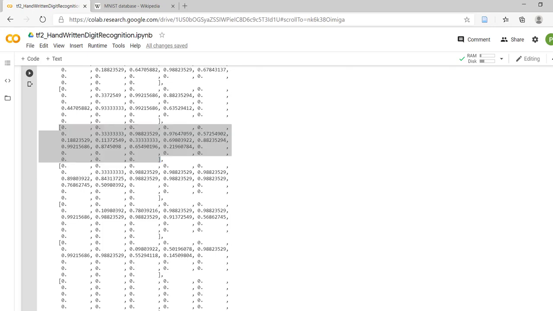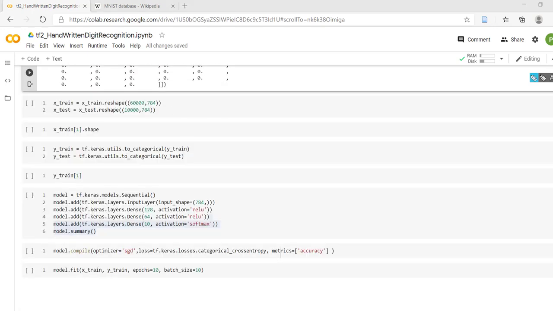our expectation. Now the most important part: we have images of size 28 comma 28. So 28 rows will be there and 28 columns will be there. But since this is the first program for neural network, instead of passing this as an image, we will pass it as an array.